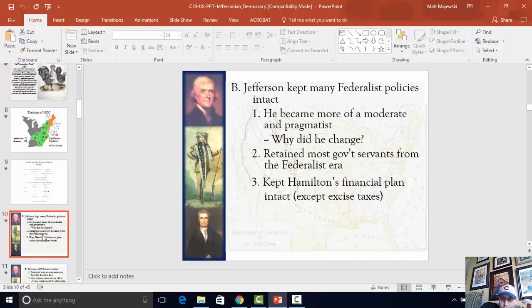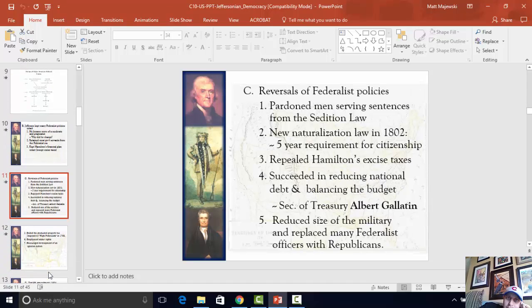So he keeps the bank after strongly opposing it, if you remember, right? He keeps funding at par. He maintains the assumption of debts, right? He maintains the tariff, even though, if you recall, he had bitterly opposed it because he thought it favored the North over the South. So again, recognizing there was a need for these policies and a need for our financial system to be bringing in revenue, he maintains those policies.